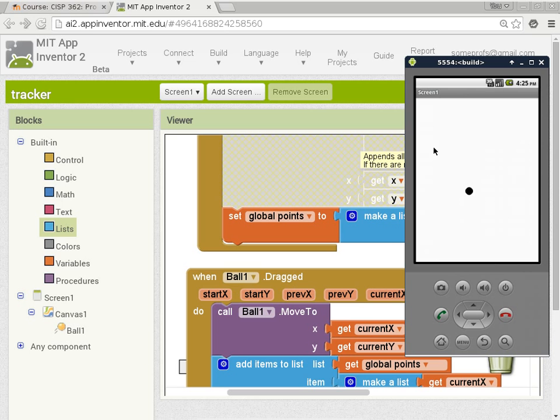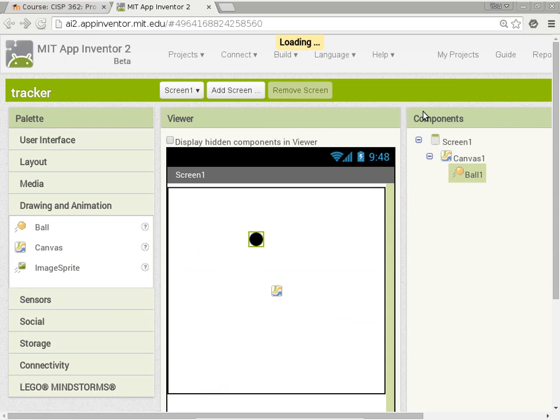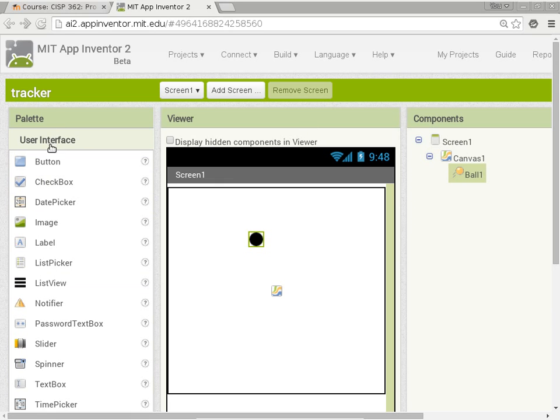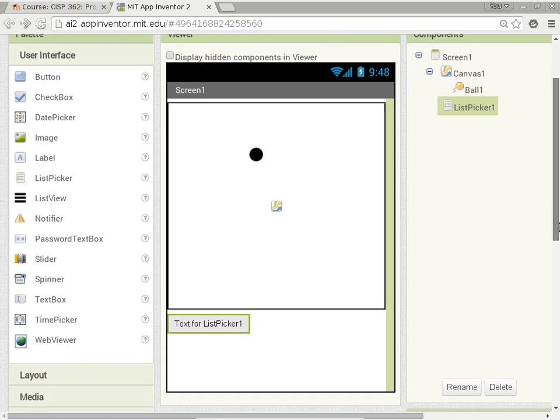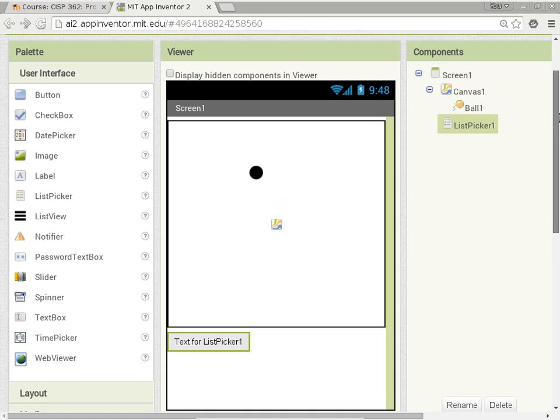Is there a particular element or component that we can use in the designer so that we can quickly and easily visualize what is the content of a list? Go to user interface, and you can either use a list picker or a list view to visualize a list. A list picker doesn't take up as much space by default, so we'll just stash it over here, and over on the other side,